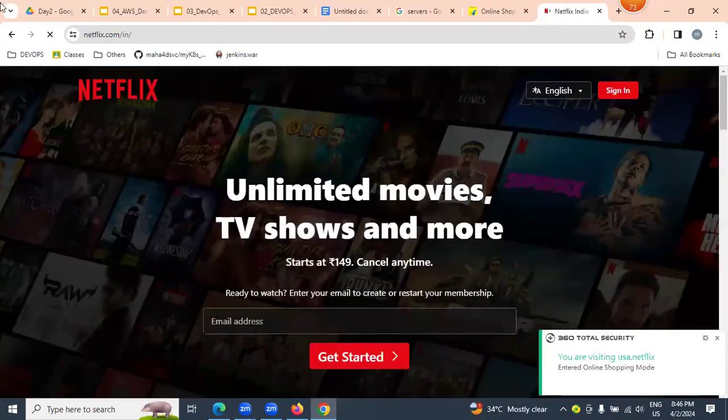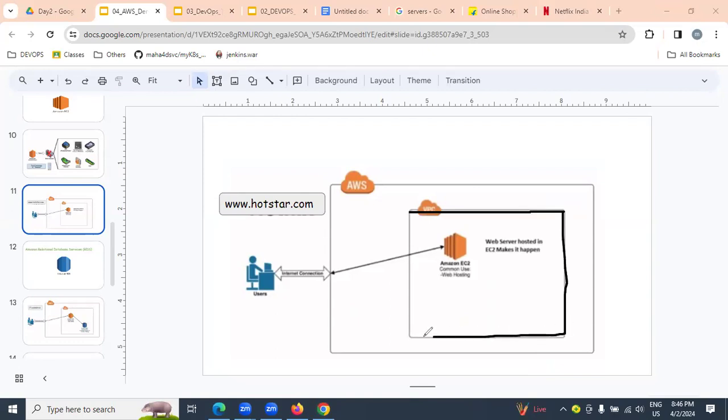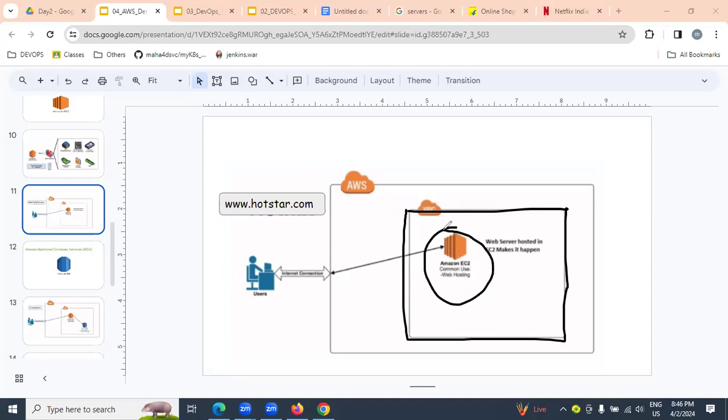What is the first step? First, we need to establish the network. On top of that, we create a server.